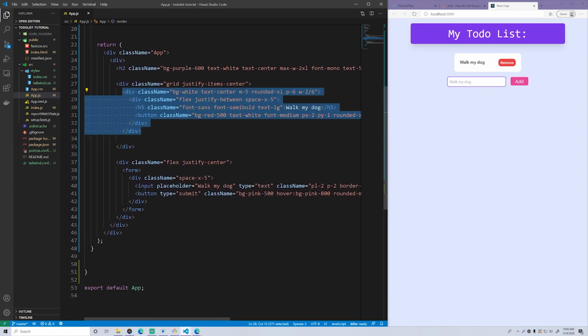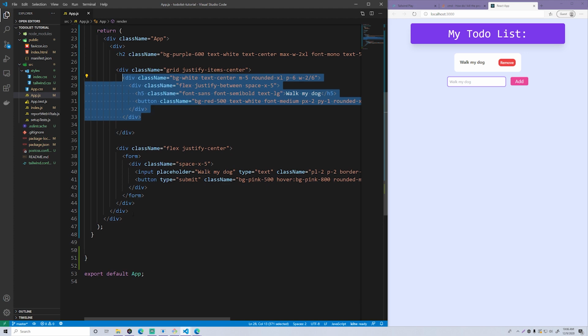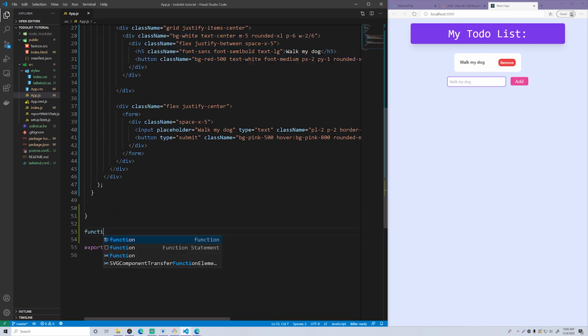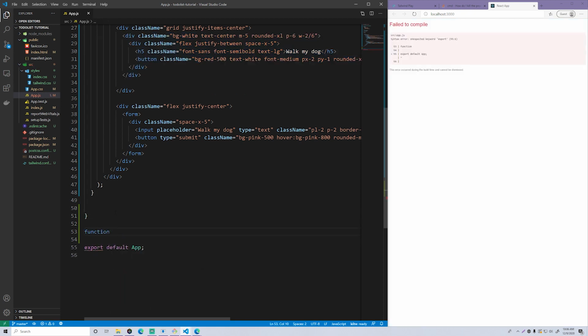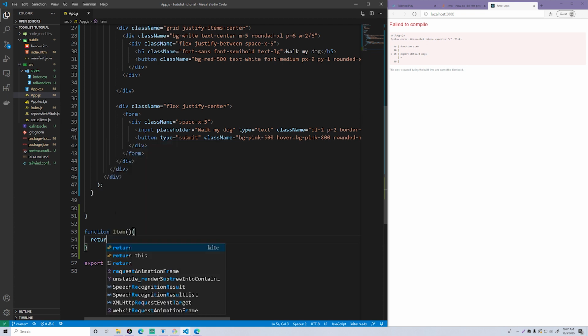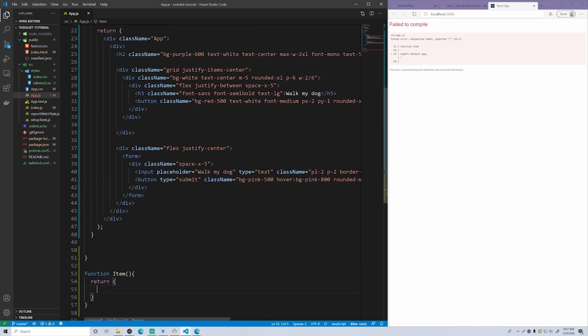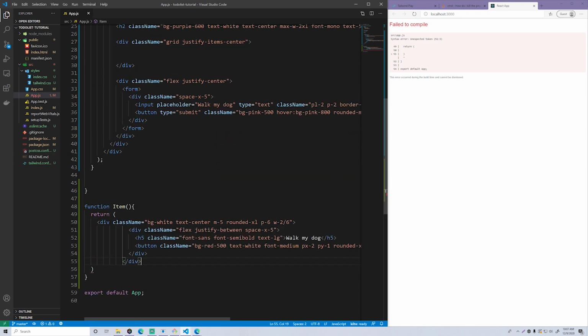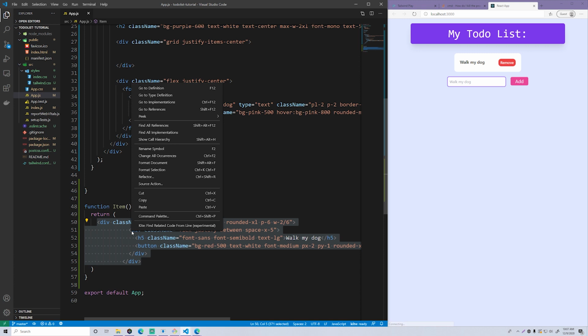So like I said before, we want to split this up into components, so that it'll help us structure our application better. So down here, we'll have a functional component, and we'll call it item. So it's an item on the list, I guess. And so we'll return a JSX, which is going to be one of these divs here. So cut that, place it here, boom, and then we can fix the formatting.